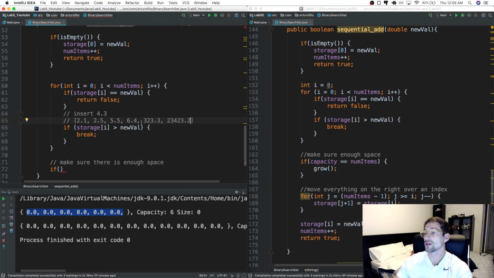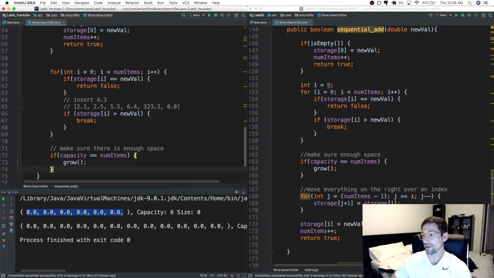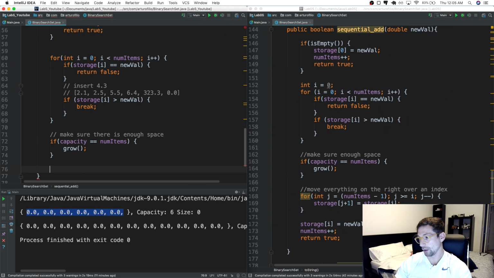So first you have to increase it, right? Or we can also have the scenario where this is just not initialized, meaning that there's an empty spot where this can fit in. So we just need to check for these two scenarios. So if capacity equals number of items, it means that it's at its full or max capacity. Therefore, we want to call the grow method. If we grow it, we are now going to have the capacity available to add it. So now move